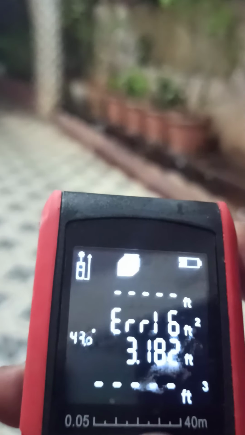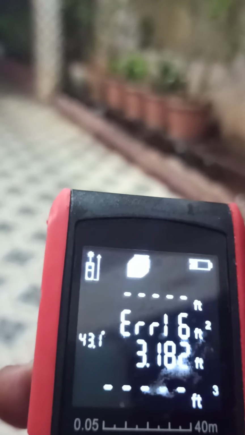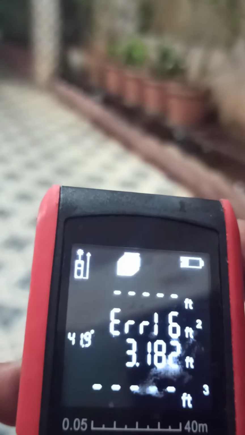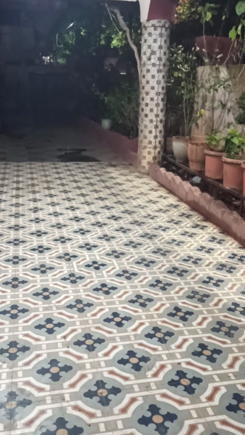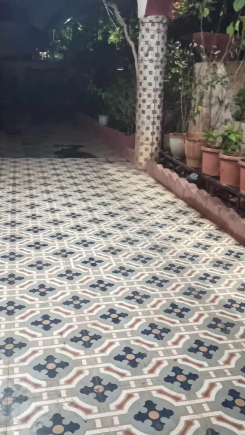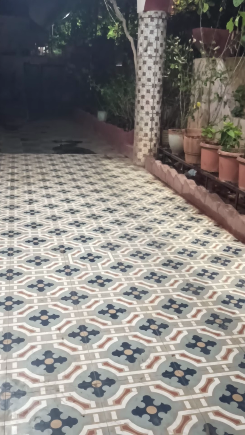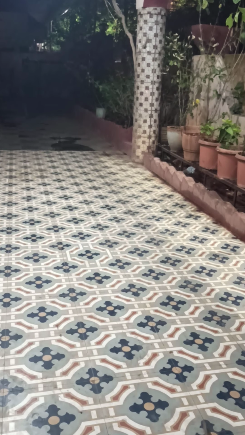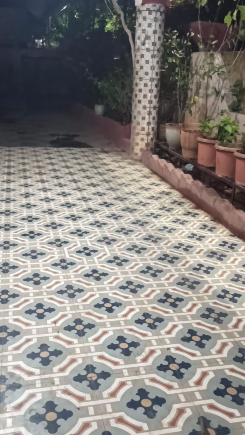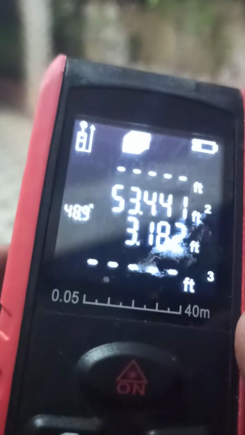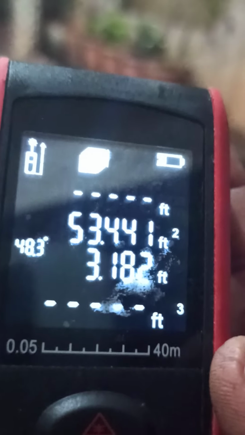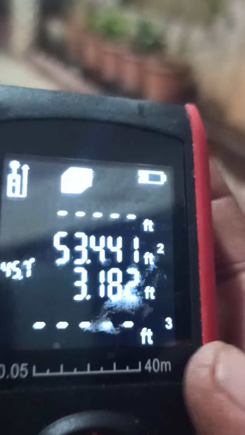So when the light is on and I click it, then it starts measuring. If I make it shaky, it will say error. So I will again point the light, and I'll click, then let it measure and then it said done. It will say either success or failure depending on whether I shake when it is measuring. So this time it says it has correctly measured. It says 53 feet. Now don't worry, it's not 53 feet, it's an erratic measurement.